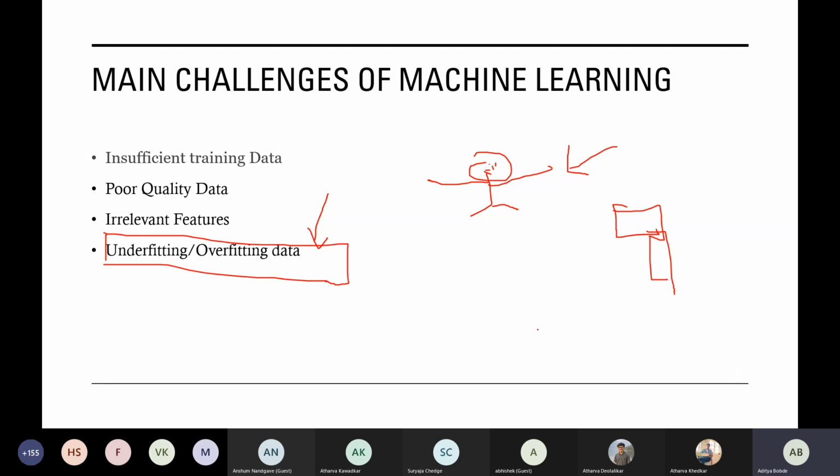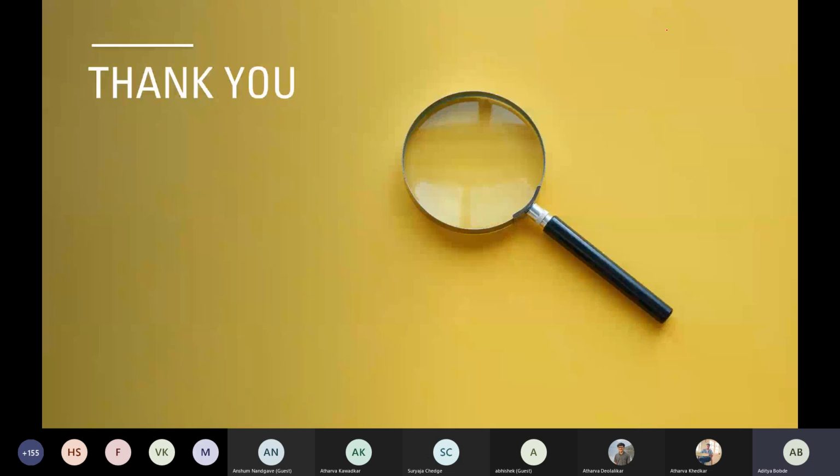In the opposite case, if you are trying to kill your enemies, means if there is a war fight at the national level and you are trying to kill the enemies with a rod or something, and the enemies have guns and lots of armory, then you will be easily killed. Now that's called underfitting your data. So that's the difference between underfitting and overfitting. We'll be diving much deeper into underfitting and overfitting in the later model, but that's it.